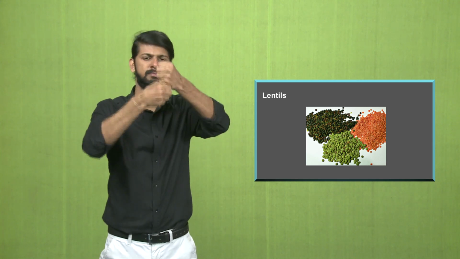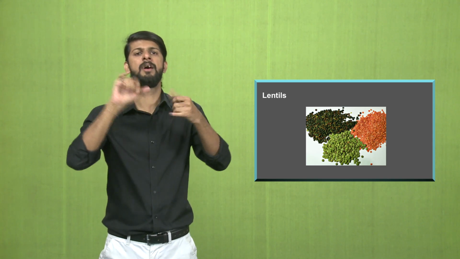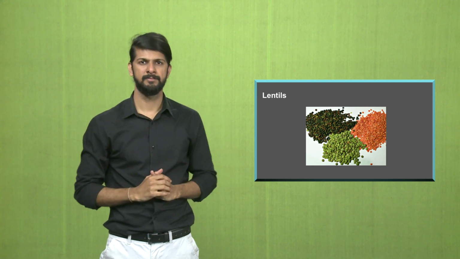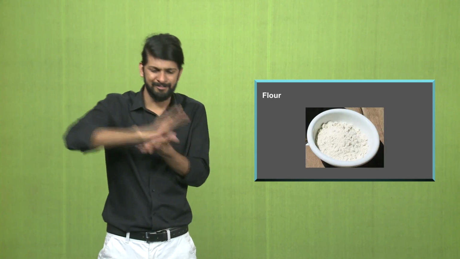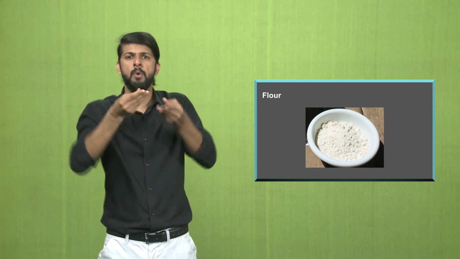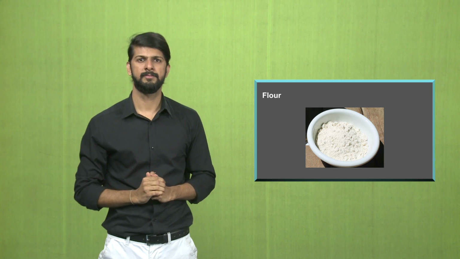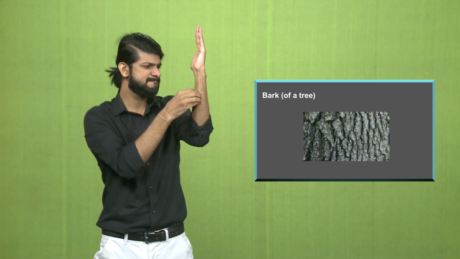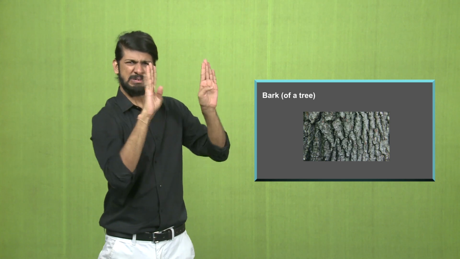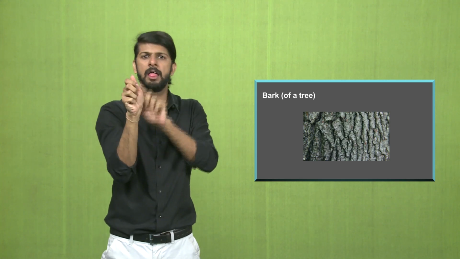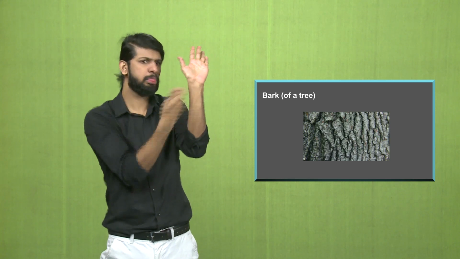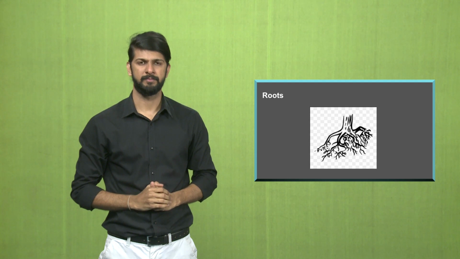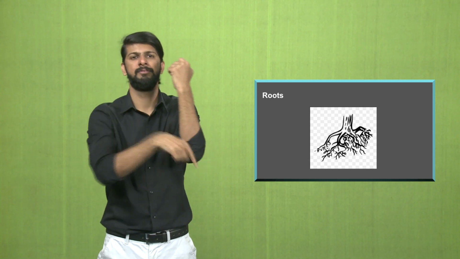Lentils are basically pulses of various kinds. Flour, which could be wheat flour or some other kind of flour. Bark of a tree. Roots, petals,